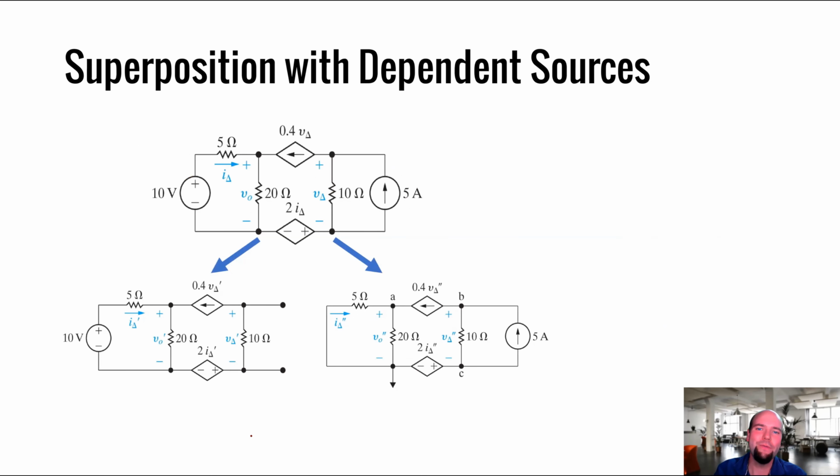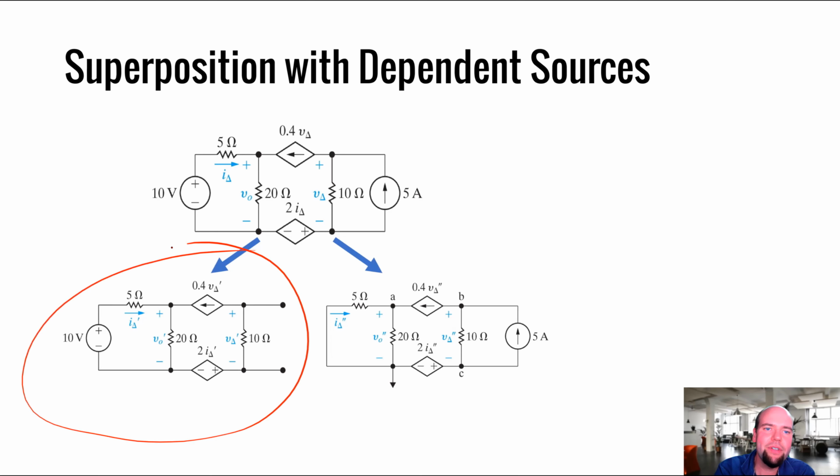Okay. What about if we want to do superposition with dependent sources? That's fine. We can still do it. The only thing is we can never take out those dependent supplies. So we can still analyze the system by taking out all of the independent supplies but one. But sadly, we have to leave in those dependent supplies. So it's more work, it's more complicated, but